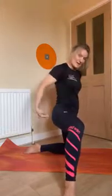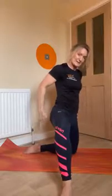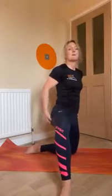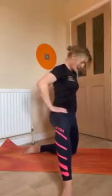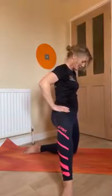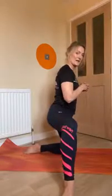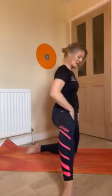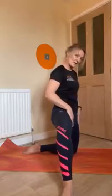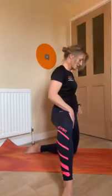So straight away we're working through, if you have a little feel of the muscles in the outside of your bum, you're working through those muscles to stabilise that knee. And I want you to think of pushing your hip forward. So my bum's not sticking out, but just look what happens. I straighten through this hip on this side, and you should feel more of a stretch through